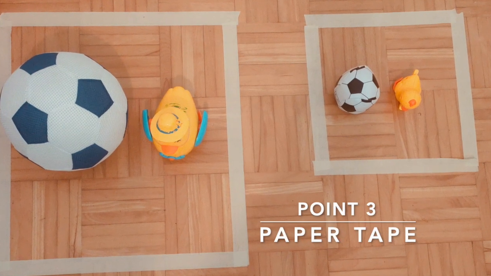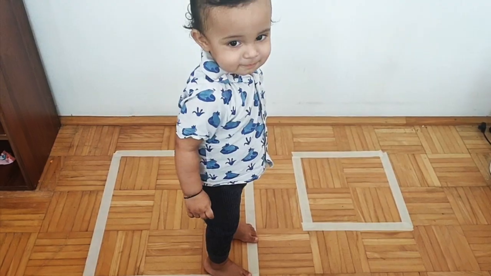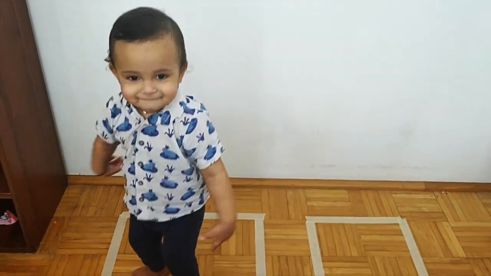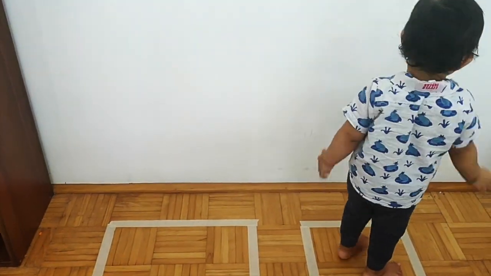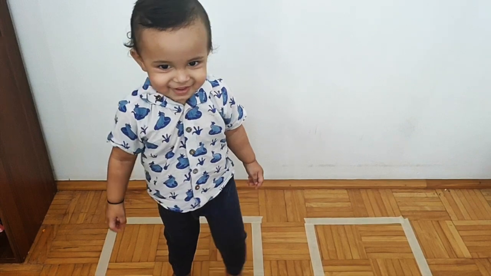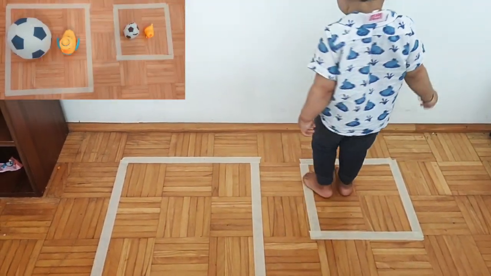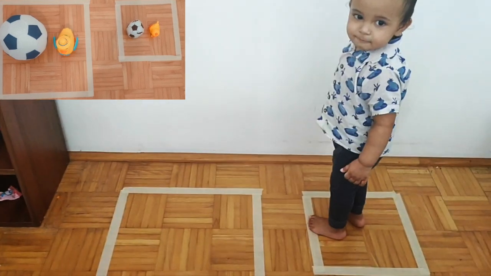Paper tape. This activity is more fun when it is played outside, but you never know when things can be better outdoors and our kid can play freely. That's why we have to select the option of doing all these things indoors. For this activity you need a paper tape, or colorful chalks would be also fine.